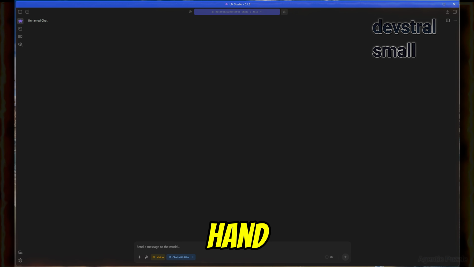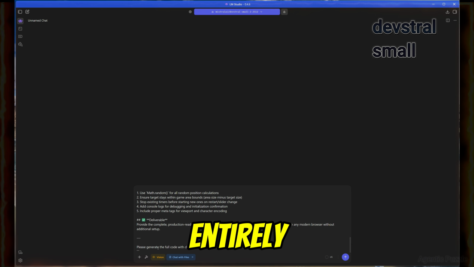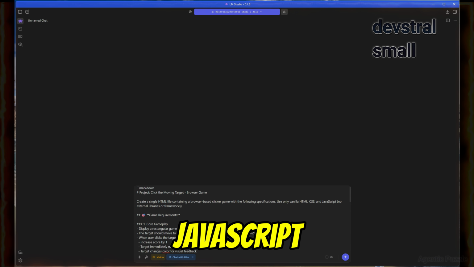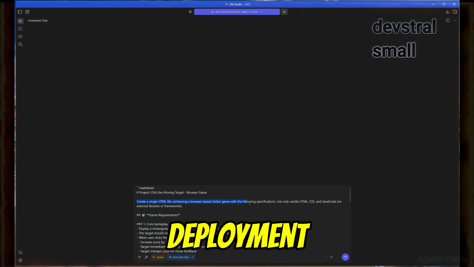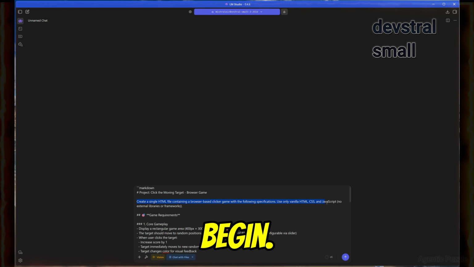So the task at hand for Devstral Small and the Qwen3.5 35 billion model is to build a click-the-moving-target game, a browser game developed entirely in vanilla HTML, CSS and JavaScript with no external libraries. We want to try and ensure fast load times and easy deployment anyway. So let's begin. The first of the models we will test is